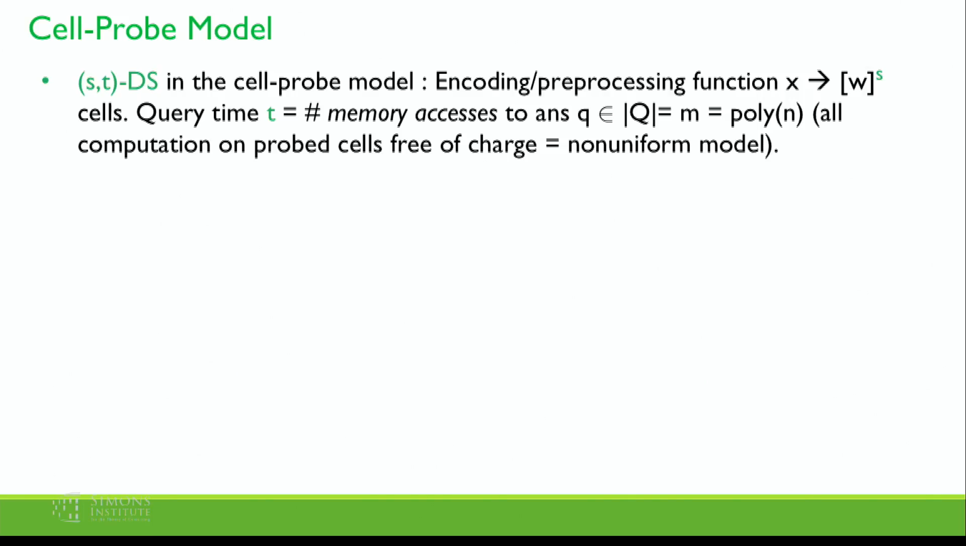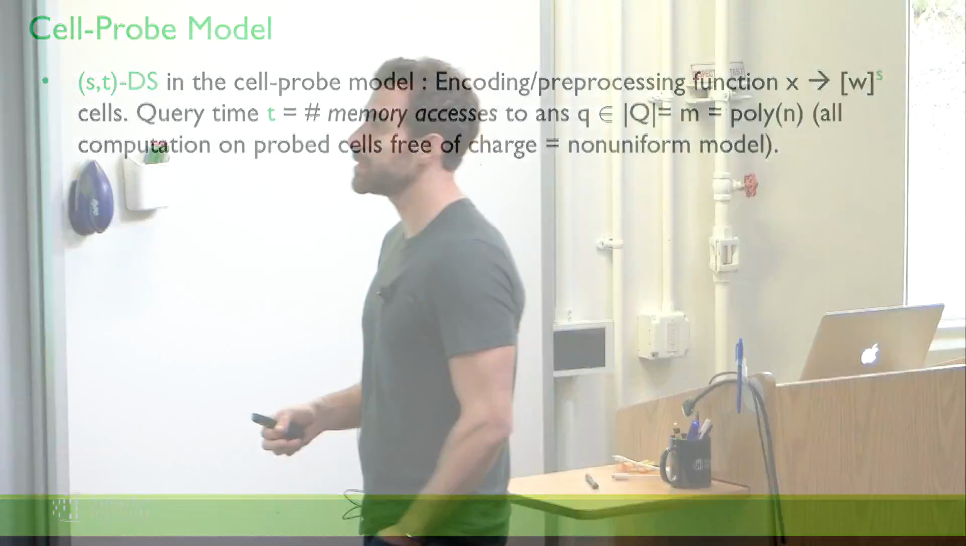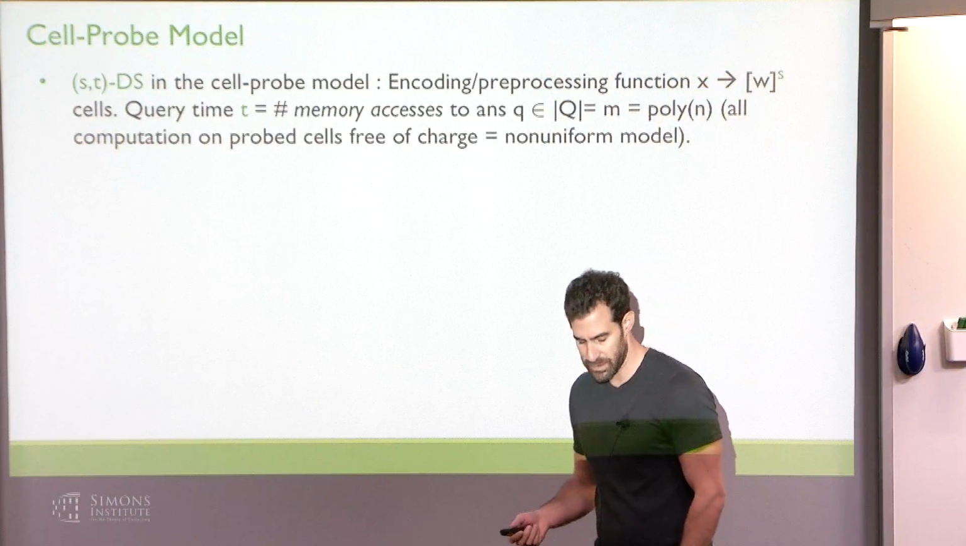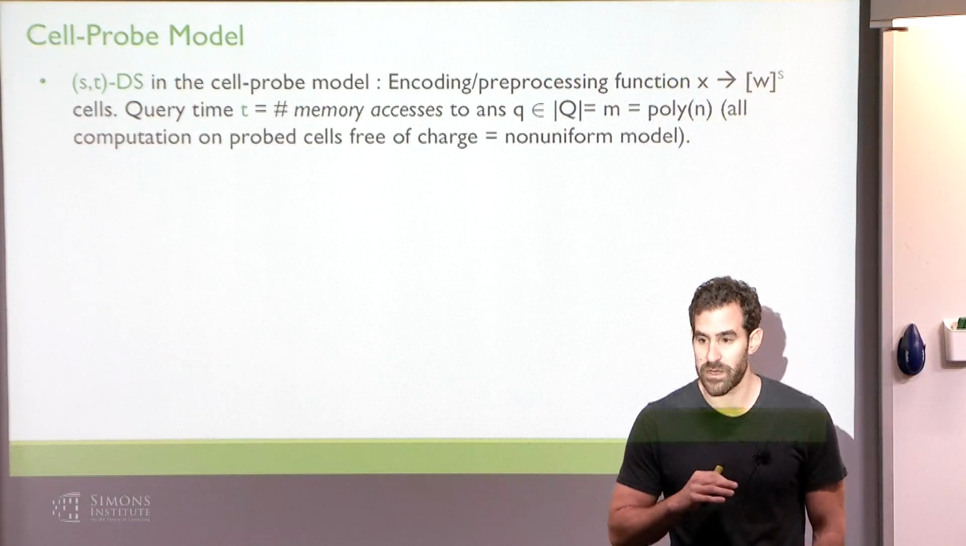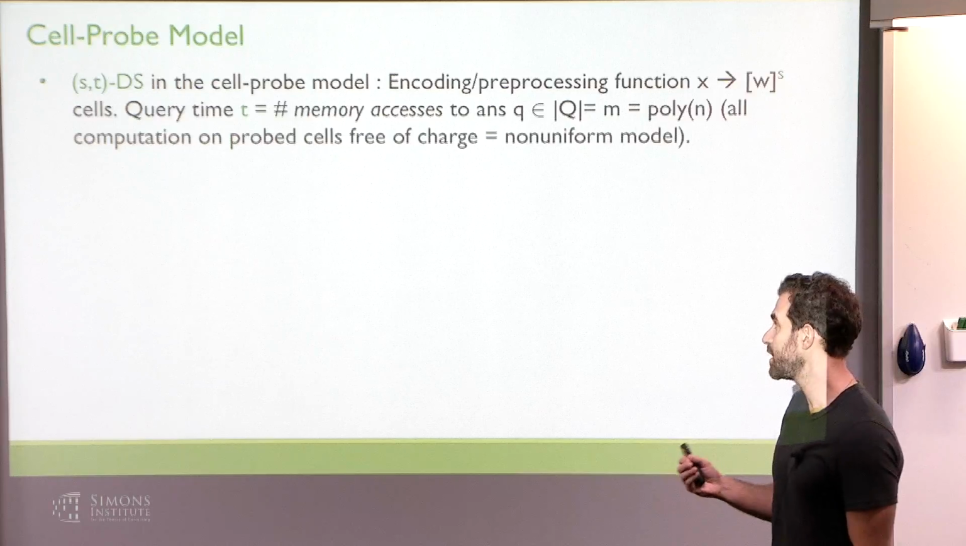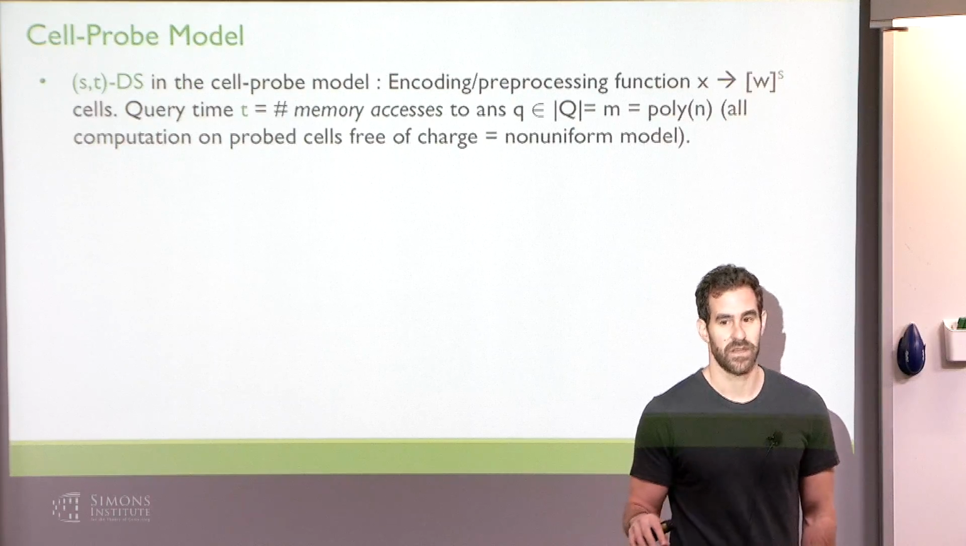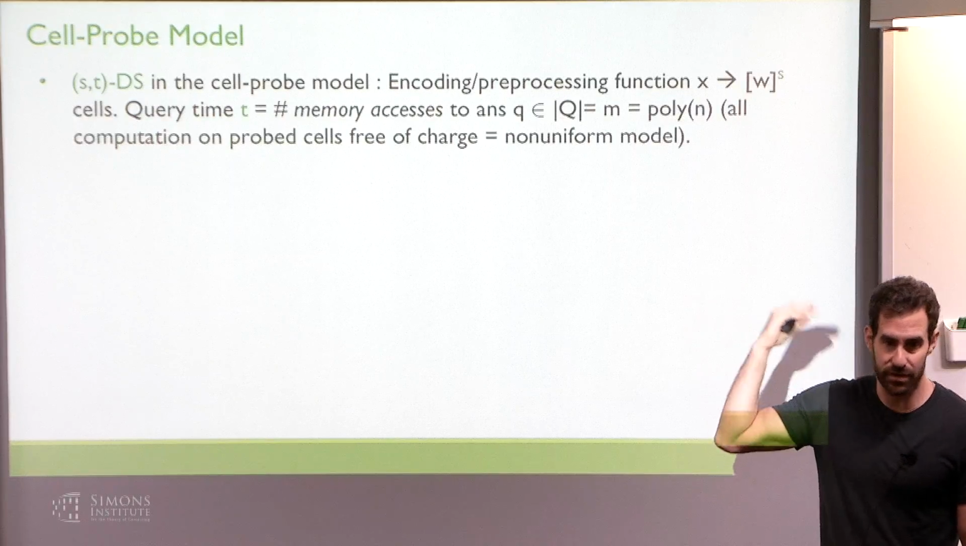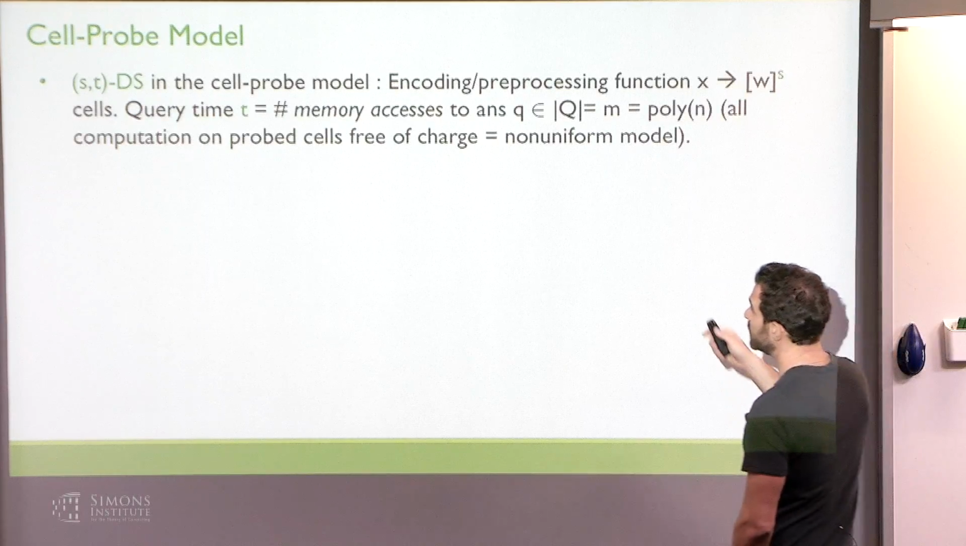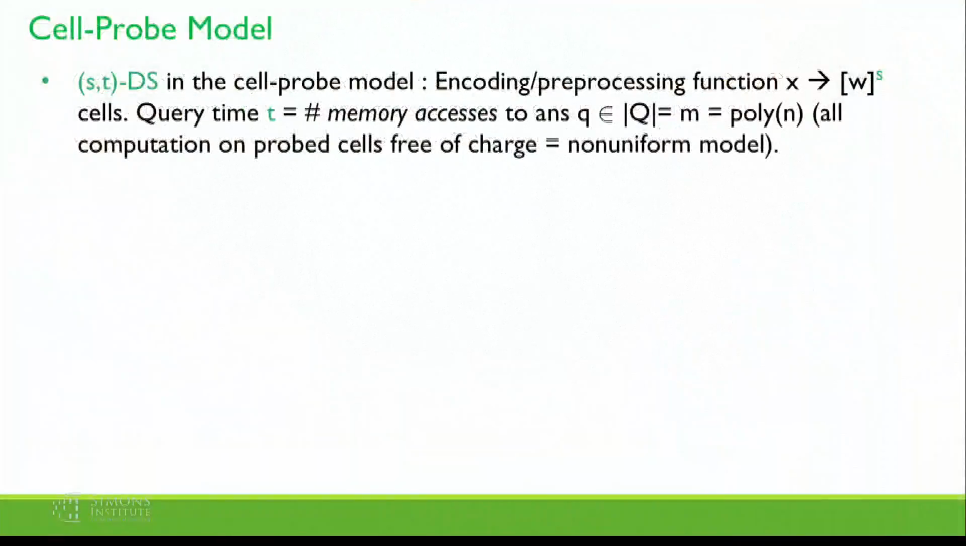We need a model for data structures. The most compelling model for proving data structure lower bounds is the so-called cell probe model, which is a very crude abstraction of what a data structure actually is. It basically views a data structure as just a table of cells plus a decision tree or a query algorithm. More formally, an (S,t) data structure in the cell probe model is just a